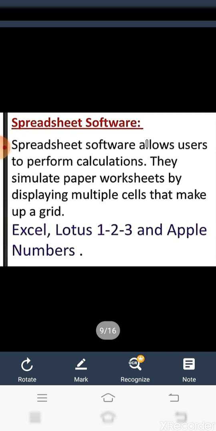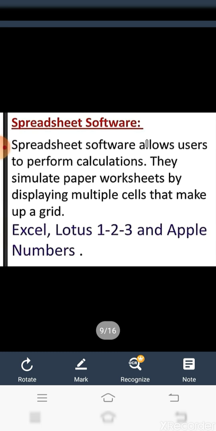Some of its applications are financial accounting, cost analysis, interest calculation, etc. Students, in practical, in the previous class, we calculated the percentage of various students with the help of MS Excel. So MS Excel is an example of spreadsheet. Means spreadsheets generally allow the user to perform calculation, to calculate the interest, to calculate the sum.